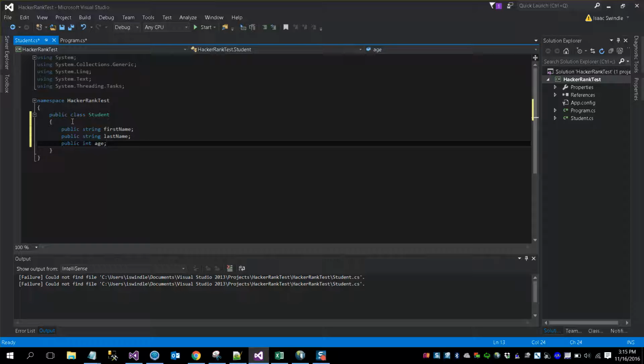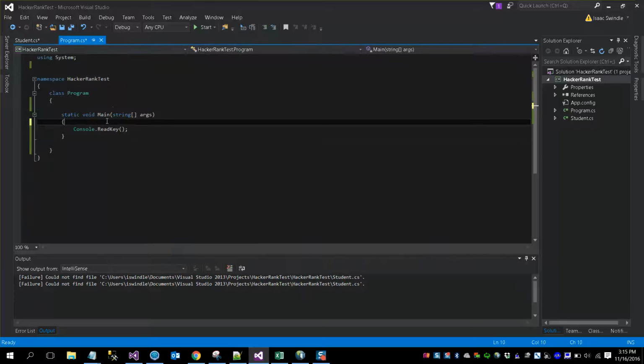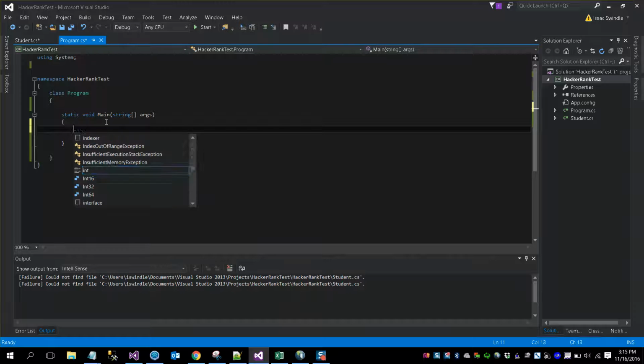Now, when I want to discuss students, or keep track of students, or do things in the code related to students, all I have to do is create a student object from this class. So classes are blueprints, but objects are actual things in memory. Just like we had declared an integer and we said integer value equals something,